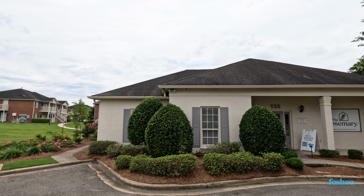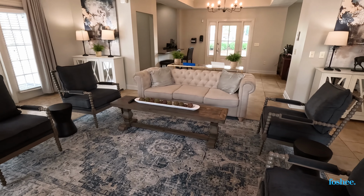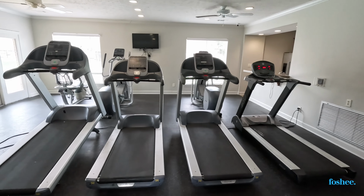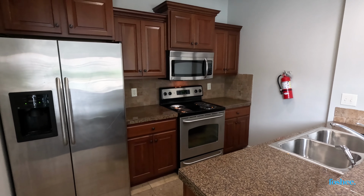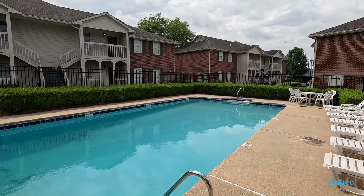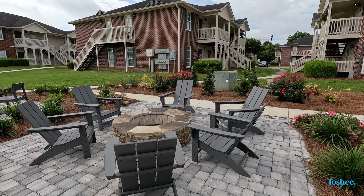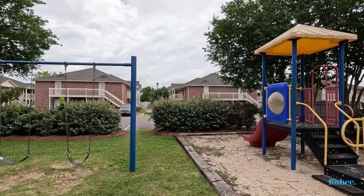Inside the gorgeous clubhouse, you'll find the leasing office and a seating area. This community features a wide range of amenities, including a fitness center, a community kitchen, 2 swimming pools, an outdoor resident hangout area, a playground, and an